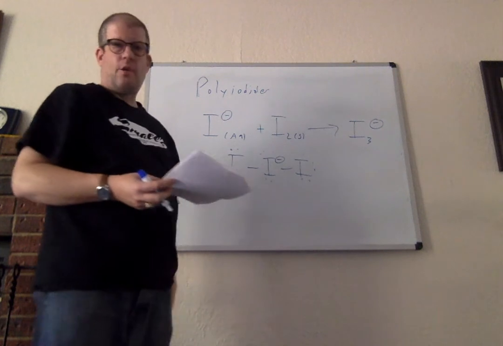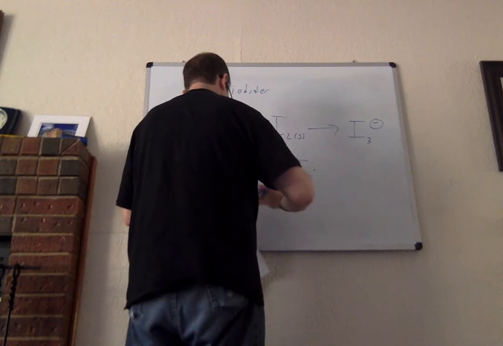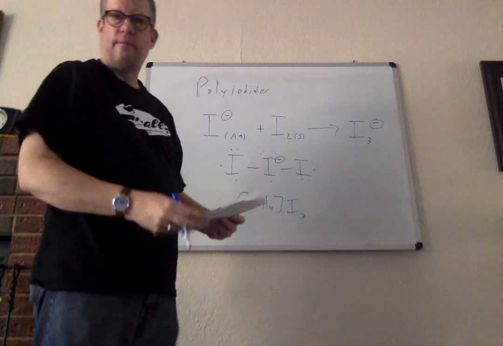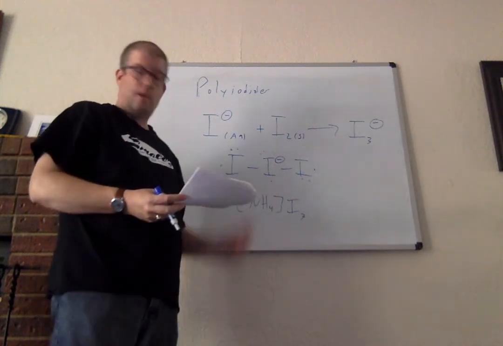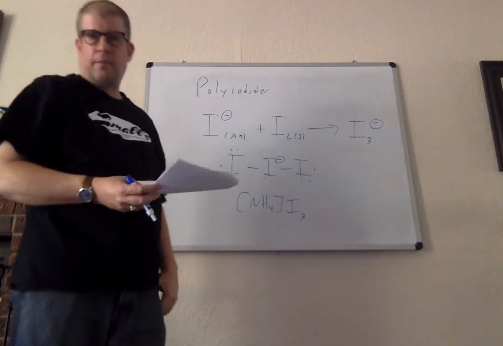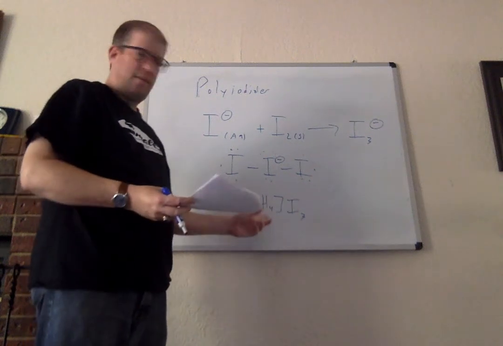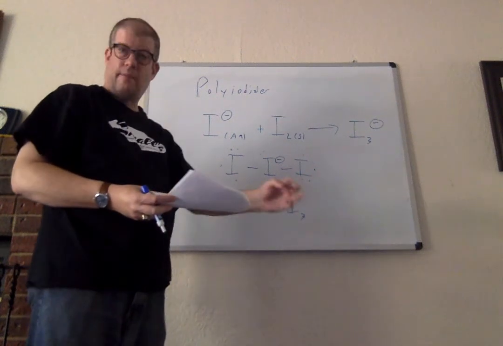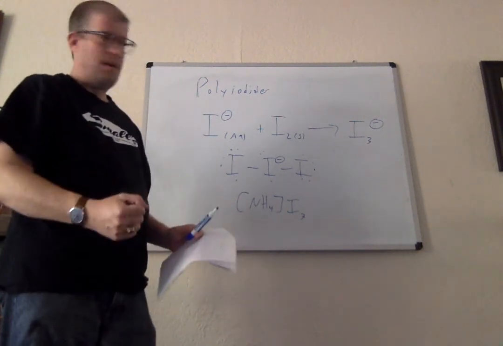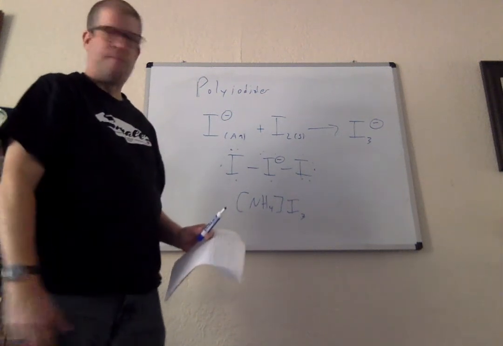This stuff's actually pretty neat. You have to have a fairly large cation to stabilize it. If you want to have a salt of it, you could use ammonium, for example, as the cation. There's a rule of thumb that we've mentioned a few times in passing that large cations stabilize large anions, and here's an example of that. But this stuff is shock sensitive too, so what you can do is take a little pile of that, put it on the bench, and hit it with a hammer or something, strike it, and it'll make a fairly loud pop, and a little purple mushroom cloud of iodine vapor will come out of it.